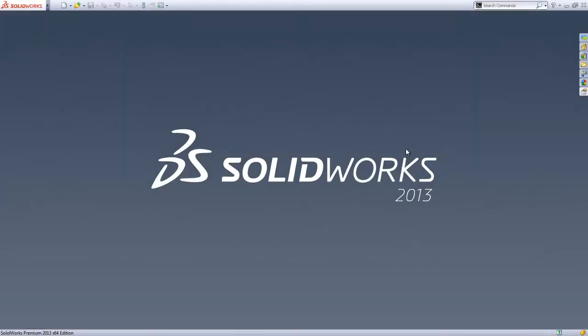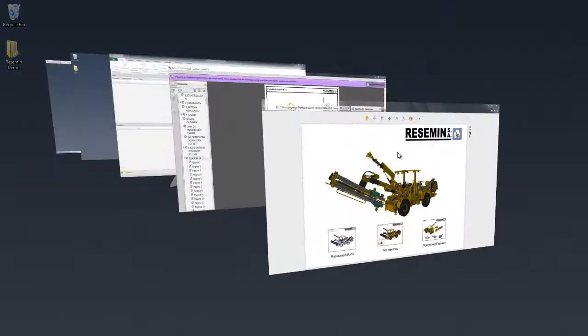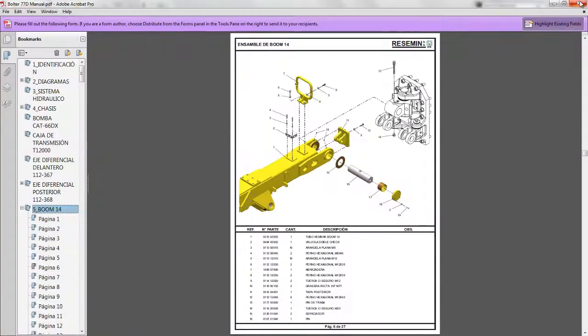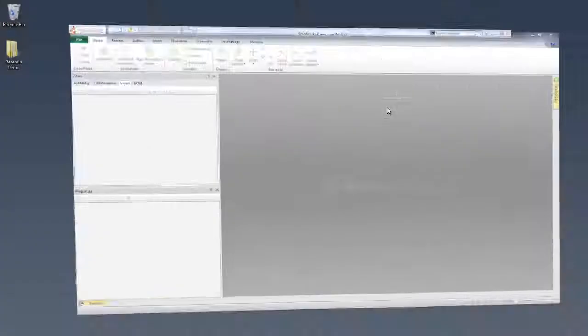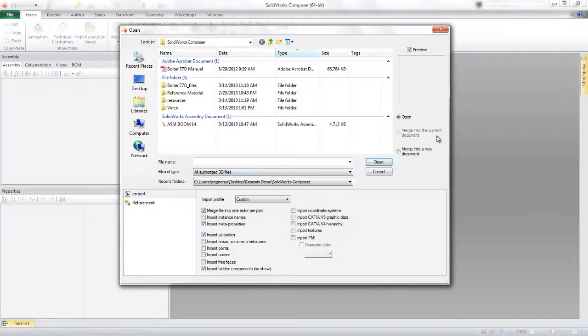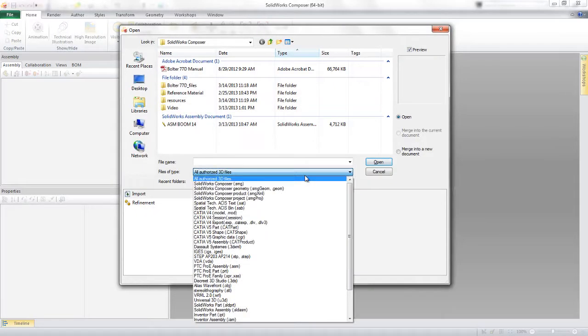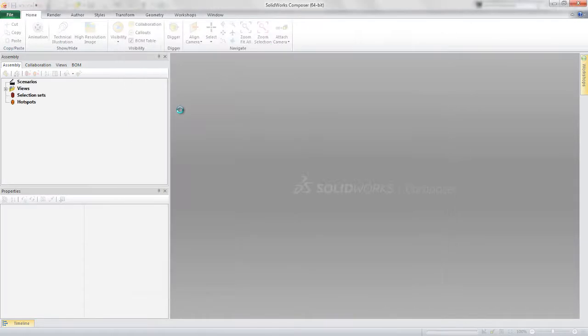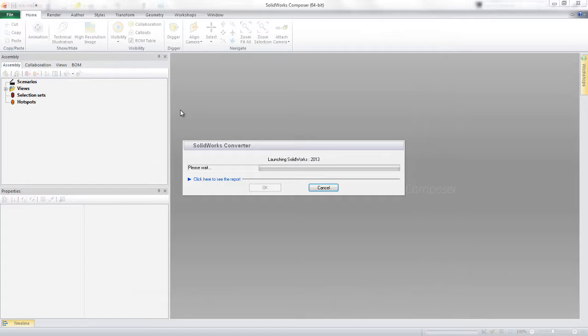So let's go ahead and close this, as well as any other open documents we might have. We're not going to need these anymore, as we're going to create everything from scratch. Once inside SOLIDWORKS Composer, all we need to do is choose File Open. From the File Types drop-down, we can see that SOLIDWORKS Composer supports a wide variety of native CAD formats. In our case, we're working with SOLIDWORKS, so we'll simply select our assembly, and SOLIDWORKS Composer will get to opening